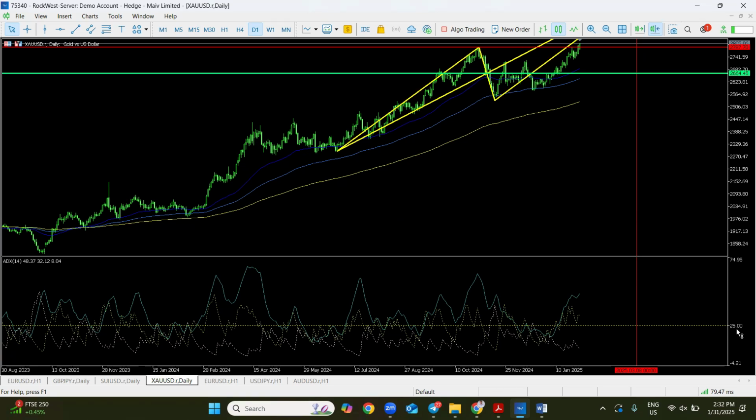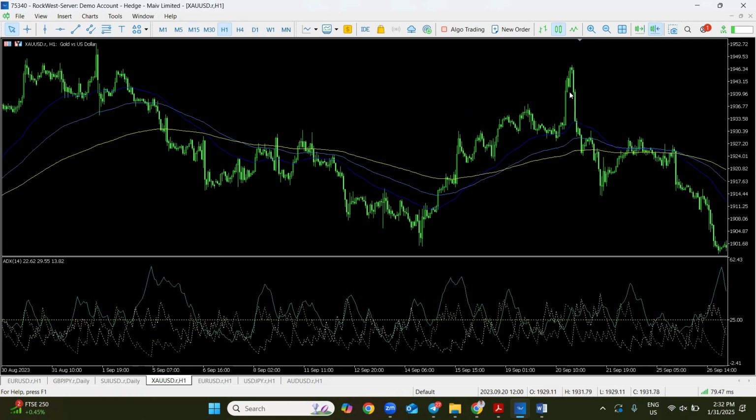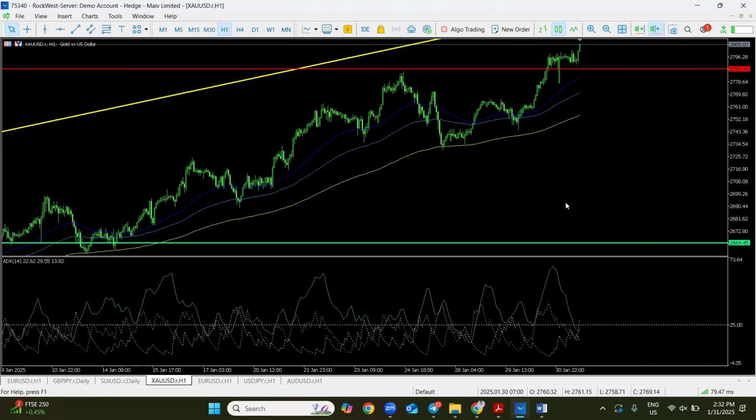Now, it doesn't matter whether it's a downtrend or uptrend. You need to look at that line. As long as it is above the 25 level on that particular time frame, you have a strong trend. So you've got a clear, smooth trend already from the 3 moving averages, but now we want to reconfirm that. So we go back to the 1 hour chart, and you can see that that blue line just plunged right downwards, and it's gone under that dotted line of 25. So we didn't have that strong trend on